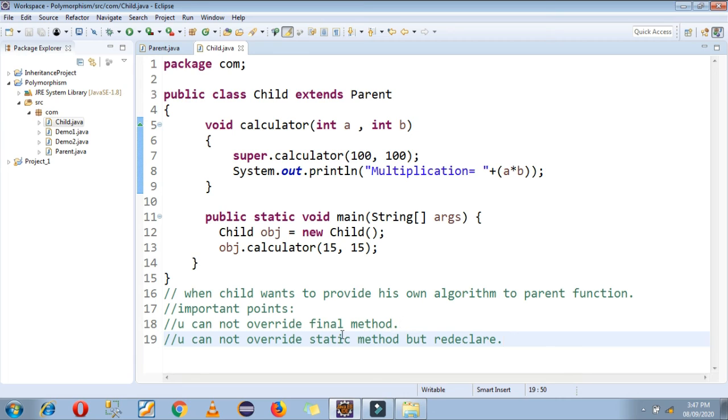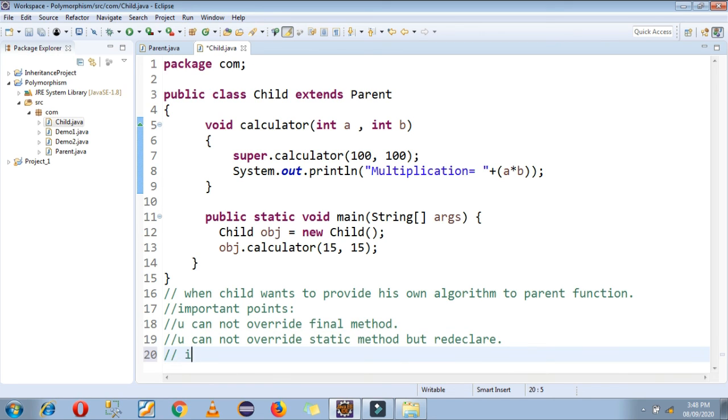Static is also a keyword in Java. When you use the static keyword with a method, that means that method is created only once; only one copy of that method is created in memory, and you cannot create another duplicate of that method.